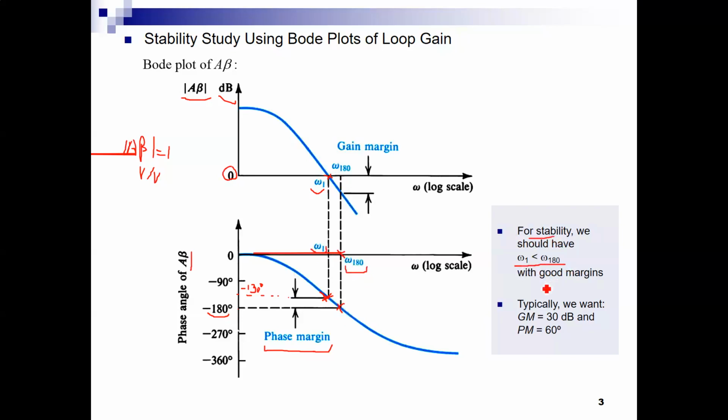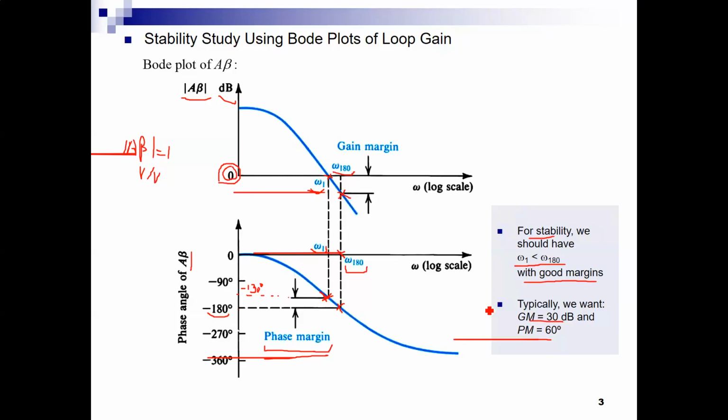I want to guarantee that I have stability with good margins. So the first margin he defined for me is the phase margin, and he asks for the phase margin to be around 60 degrees to be on the safe side, based on the experience of the designers. And so he defines something which is the gain margin. It is the gain at omega 180, while the gain at the unity gain frequency is typically 0 dB. So if omega 180 is below 0 dB by 30, the gain margin will be 30 dB